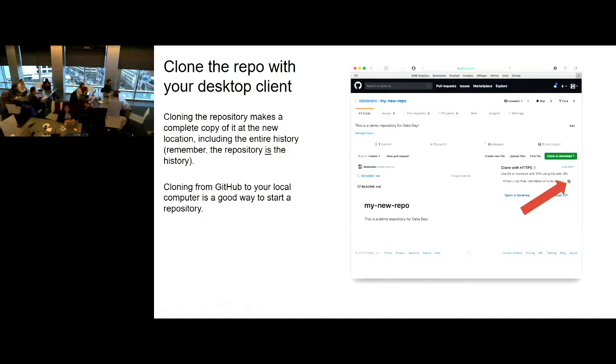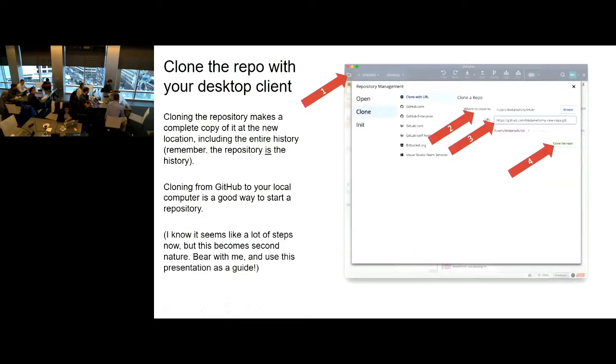What you're going to do is copy the URL using the little tiny copy button. None of these are labeled for some reason, so I put big red arrows. The little tiny copy button, or manually copy that URL. Once you get super used to it, you'll probably be able to guess what the URL is. It's github.com/pbdano/gitflowdemo.git, I believe. Paste it, go to your Git client, which is GitKraken, and up at the corner,